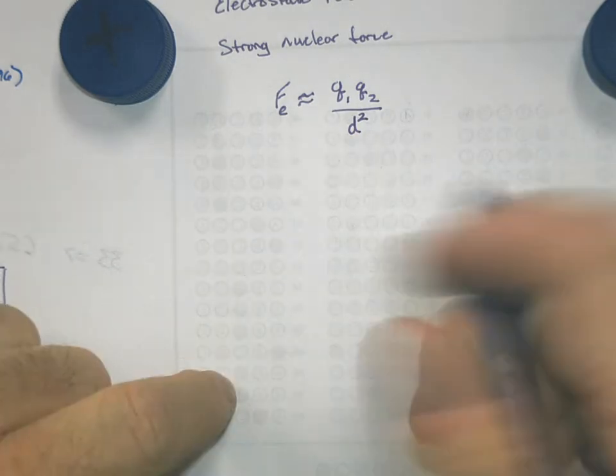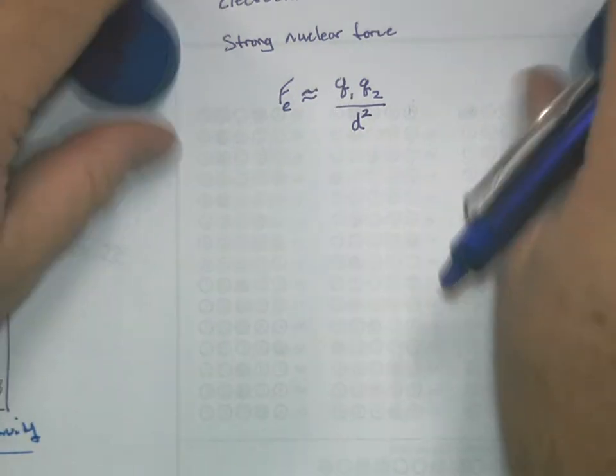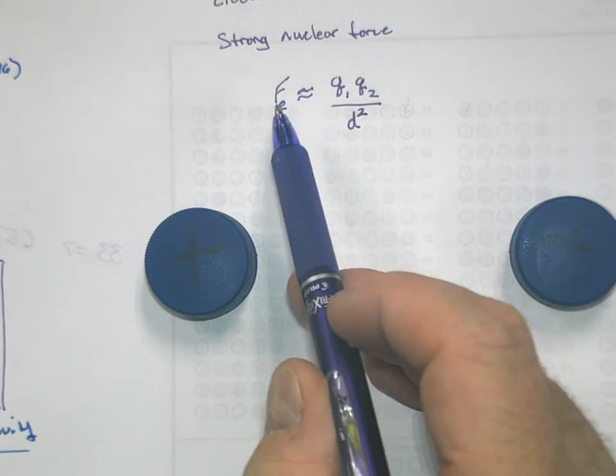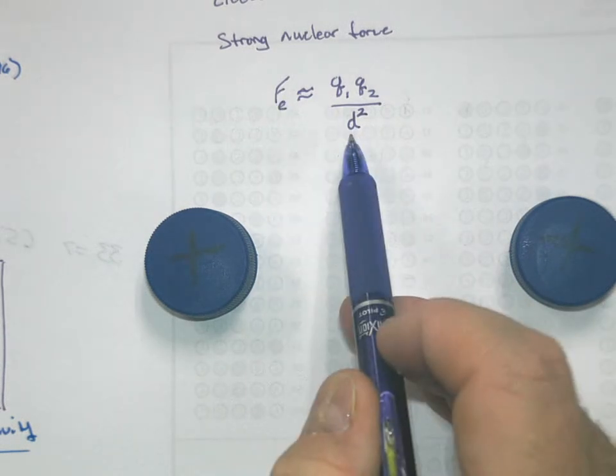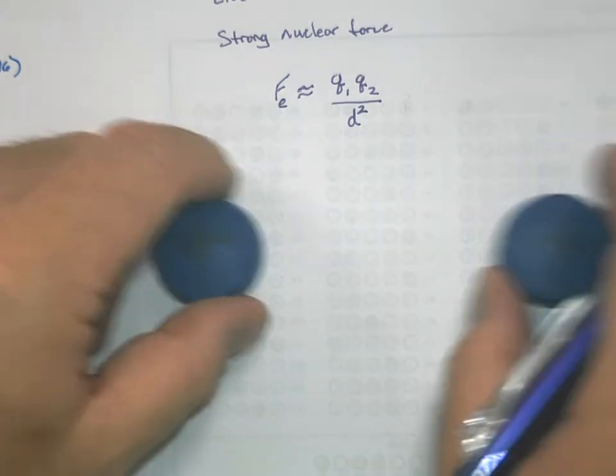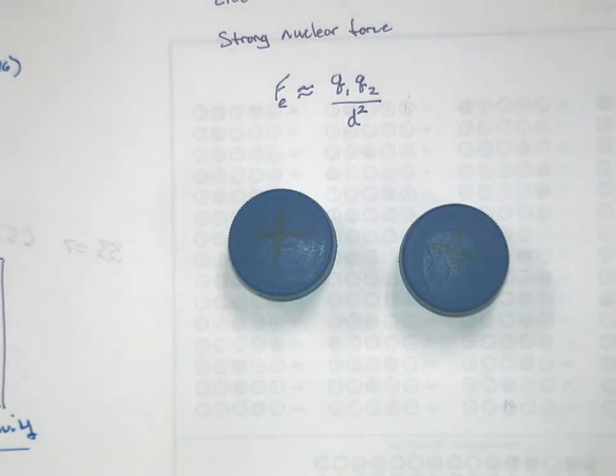So why divided by? Think about that. If this number decreases, that's going to make this number larger, right? The smaller the denominator, the larger this force. So if we bring objects together, the more they're going to push each other apart. But it's not a linear thing. It's not half the distance means twice as strong. If they're closer together by half the distance, they're 4 times as strong.